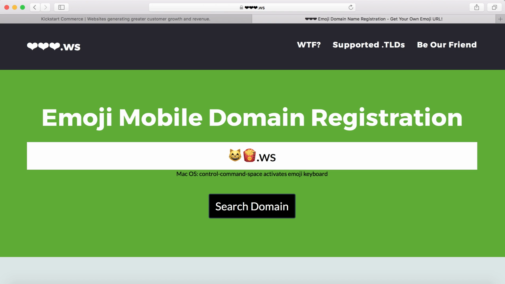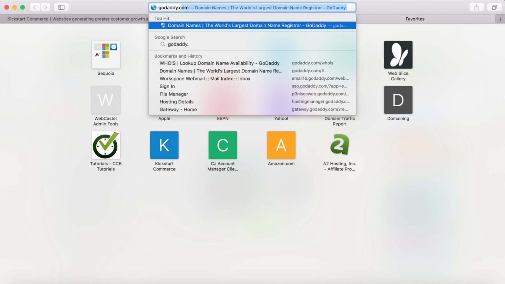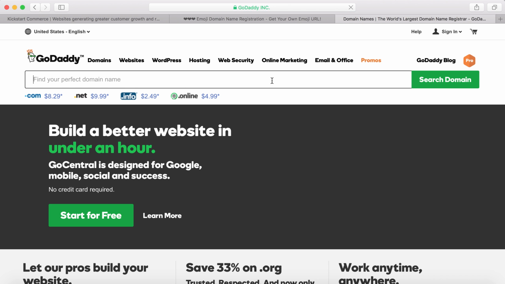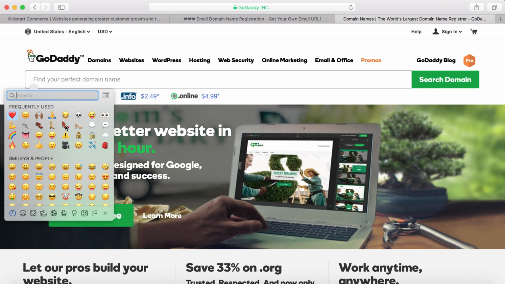And then basically you're allowed just to come in here and type in any emoji. And like I said, if you're on a Mac, then Control Command Space activates the emoji keyboard. So that being said, you can either go to GoDaddy's three hearts dot ws, or you can actually just go directly to GoDaddy. And once you get there, from this main menu, you can press Control Command Space, and let's just say